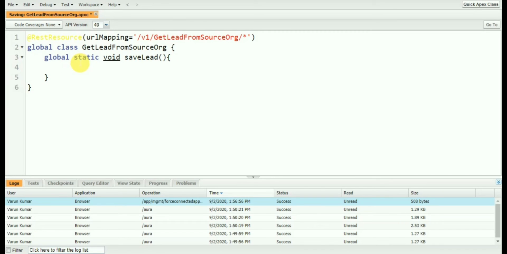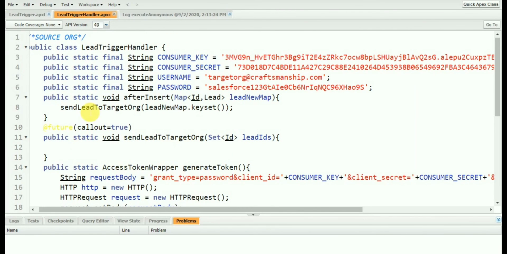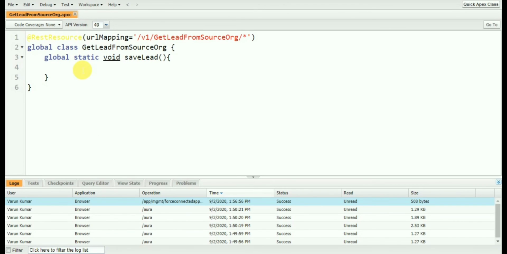So here we have to do one thing. We have to send a request from our source org, and we have to capture the request in our target org. So to capture the request, we can use RestRequest request is equal to RestContext.request,